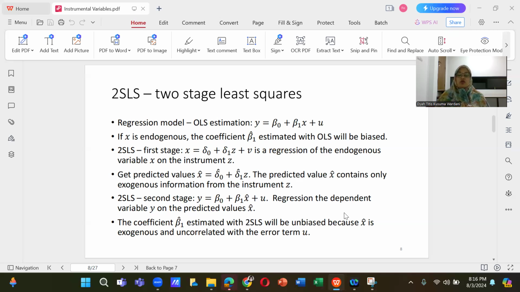And then we move to the 2SLS second stage: y equals beta 0 plus beta 1 x hat plus u, regressing the dependent variable y on the predicted value x hat. And here the coefficient beta 1 hat estimated with 2SLS will be unbiased because x hat is exogenous and uncorrelated with the error term u.